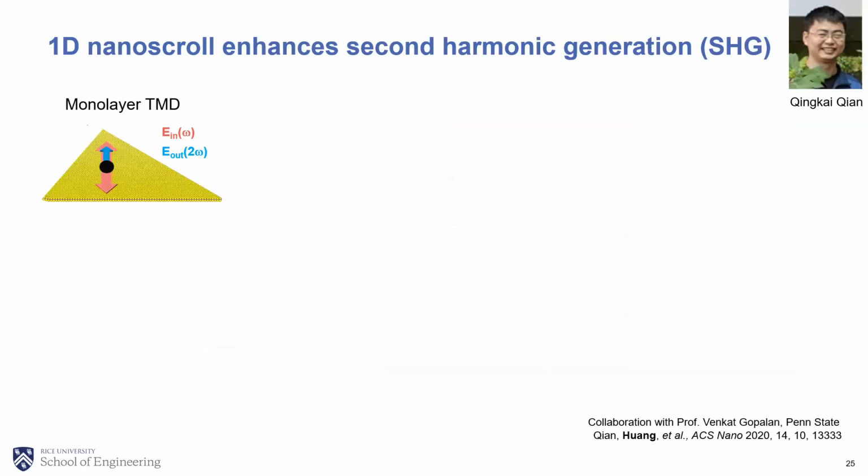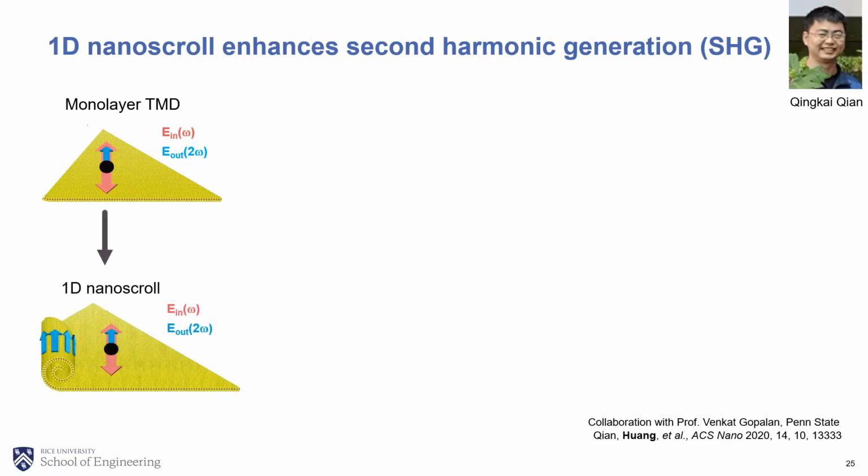So in addition to phonons and linear optical modes, we also took an interest in the nonlinear optical mode. Particularly, we are interested in trying to enhance the second harmonic generation, or SHG, for TMD materials. We know a monolayer TMD like MoS2, due to the broken inversion symmetry, has an SHG signal. However, due to the very, very small thickness, the light matter interaction is not enough, so the SHG signal is limited. So then we tried to see how we can further enhance the SHG signal for MoS2. Next slide. We then thought about a method.